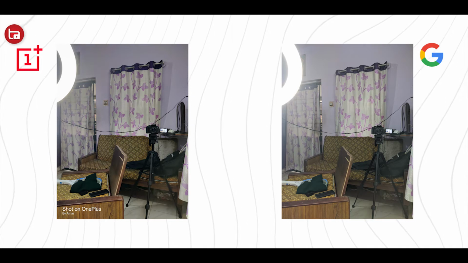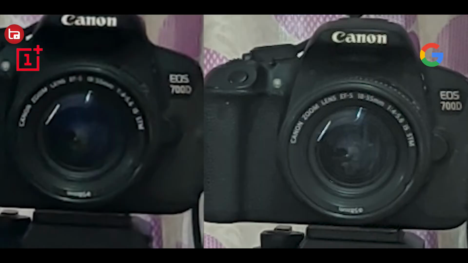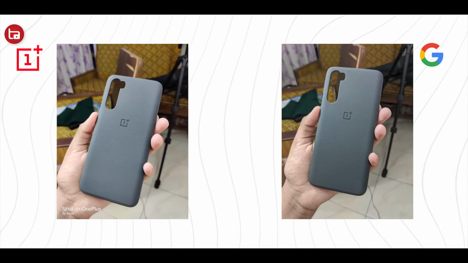So when you zoom this image to the lens of the camera, the writing on the lens is pretty blurry in the OnePlus Nord's stock camera image, whereas if you see the details of the camera lens in the image from the Gcam mod for the OnePlus Nord, you can clearly read what is written on that lens. And as you can see, I can clearly read that it says camera zoom lens EFS 18-55mm, but you can't read that simply by using the stock camera's image of the OnePlus Nord. And I've also proven that using another camera sample where I shot the back cover of the OnePlus Nord smartphone.